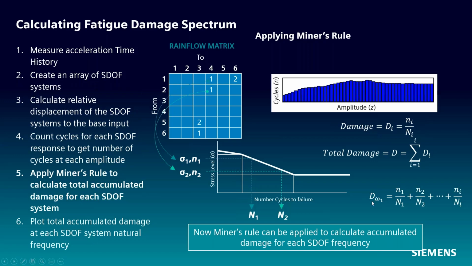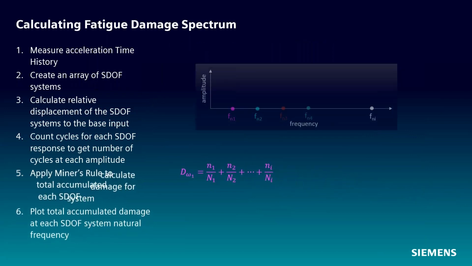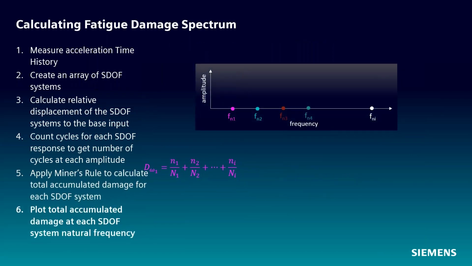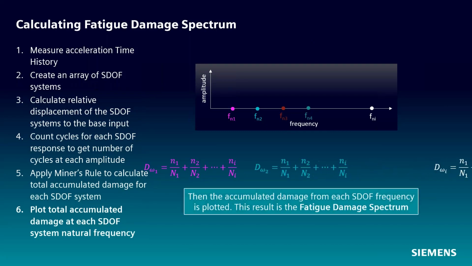And this is our total damage for the SDOF system that we're using for this calculation. And now after we have the total damage for this SDOF system, we move on to the next SDOF system and apply the same calculation. And then what we end up with is a total damage number for each one of these SDOF systems that we've created. And we plot it